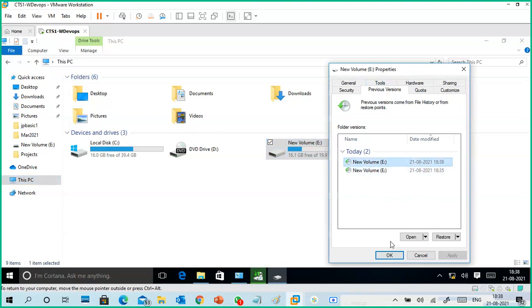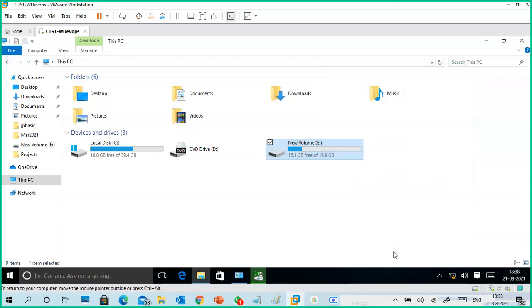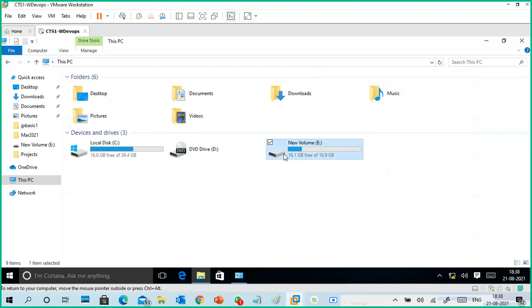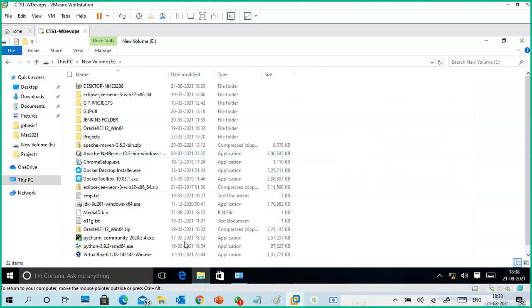Now it is creating. This is the previous version. See, this is a shadow copy. Earlier it was not created. Okay, now we have done a backup.